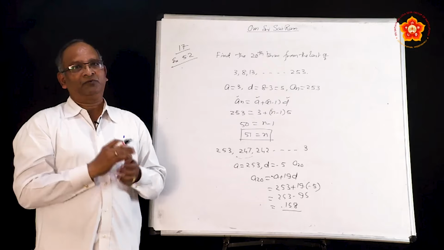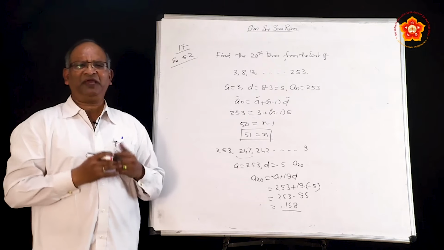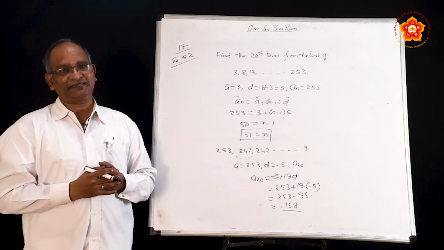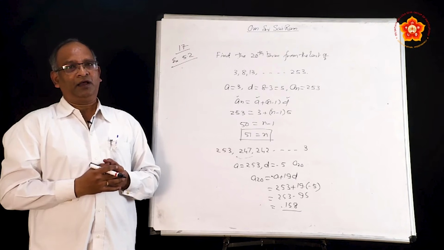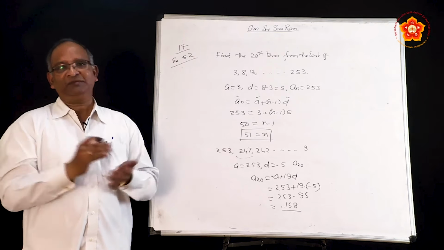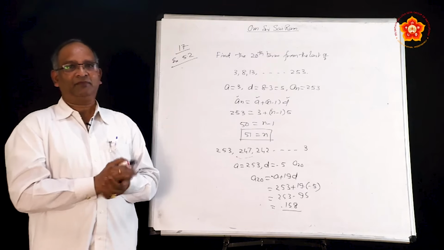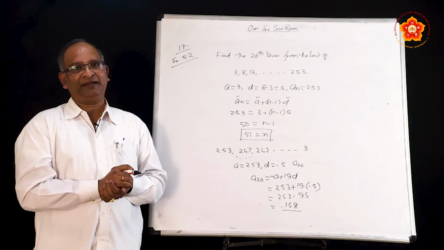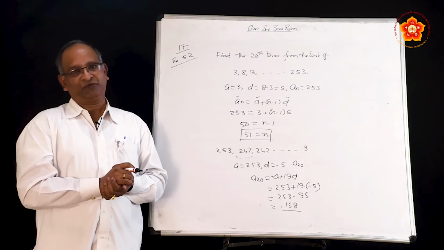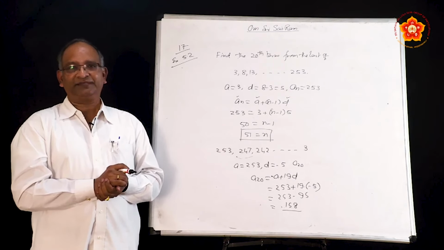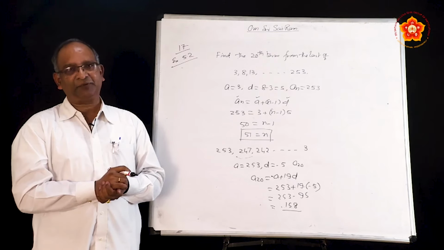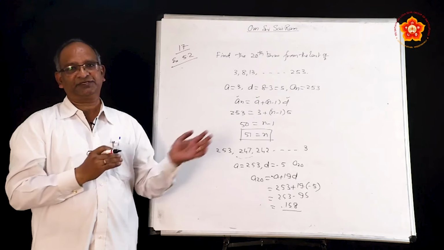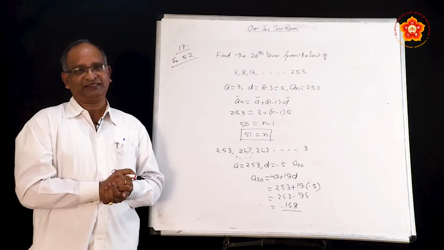So we have solved problems of various types while doing this exercise, and the remaining problems which we have not done on the board can be done as homework and submitted. So we have covered this chapter called arithmetic progression, and we have 6 modules. This happens to be the last one.